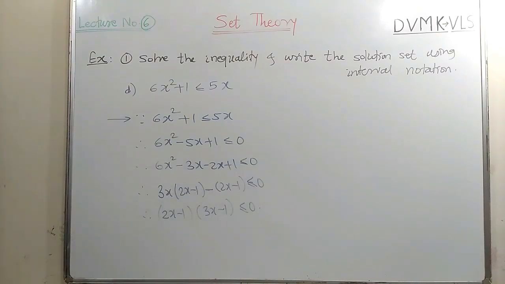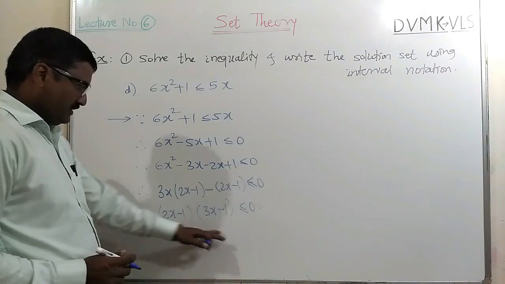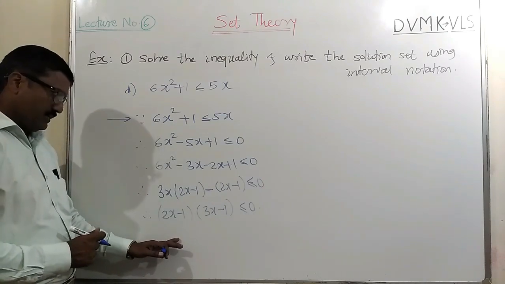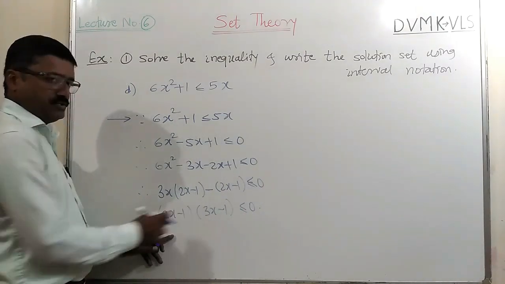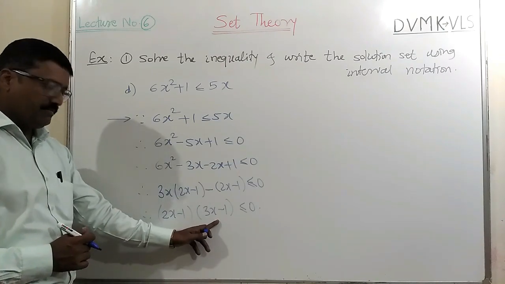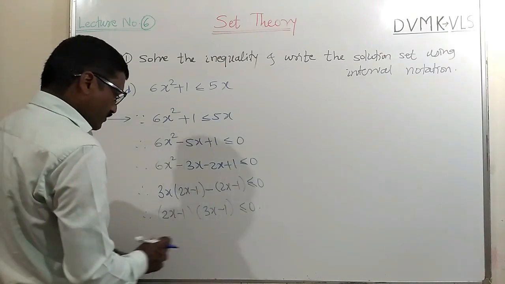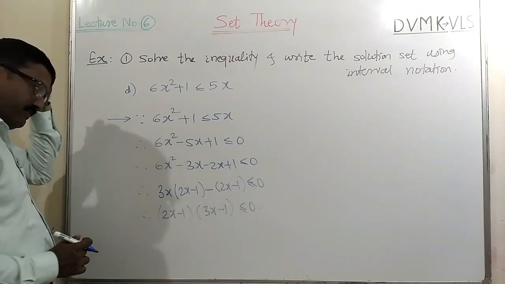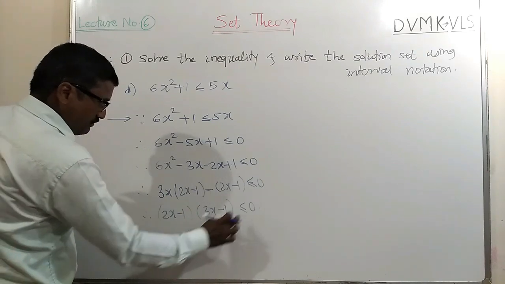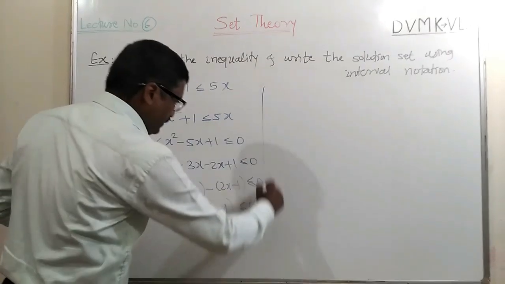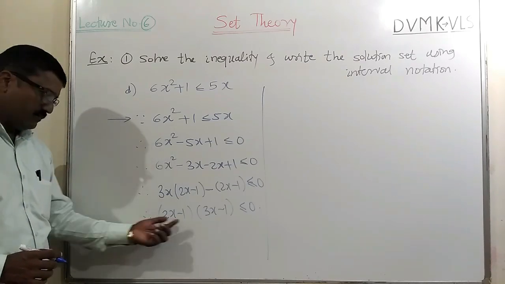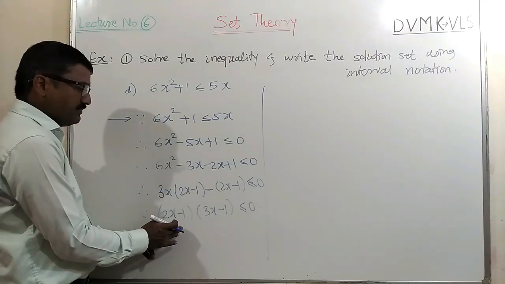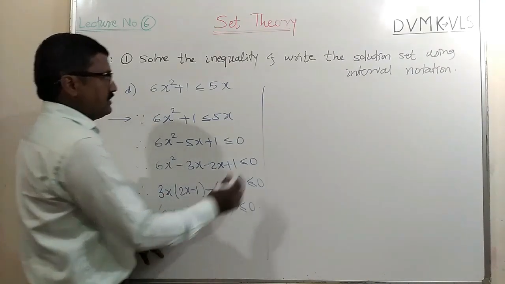Okay, so we get two factors, these. Now at this stage again, the product of these two is less than or equal to 0. If it is equal to 0, one of them is 0, means x will be half, x will be 1/3, or both x equal to 1/2 and 1/3. Let us think about this less than inequality. It means the product of these two numbers is negative. The product of two numbers will be negative when one of them is negative and the other is obviously positive. Suppose in the first case, the first factor is negative and the second is positive.